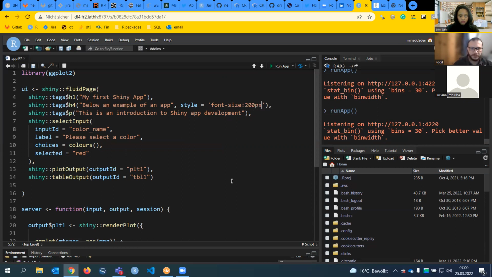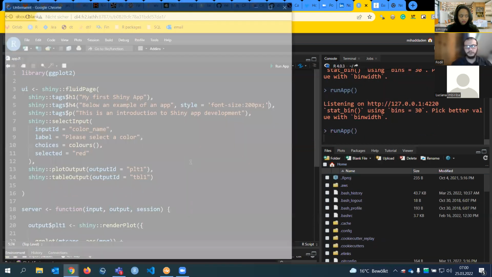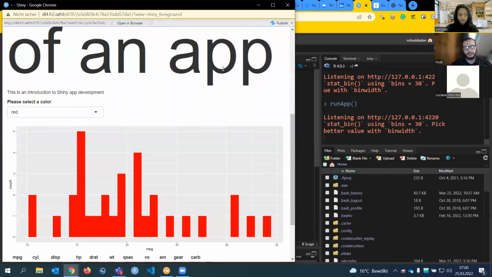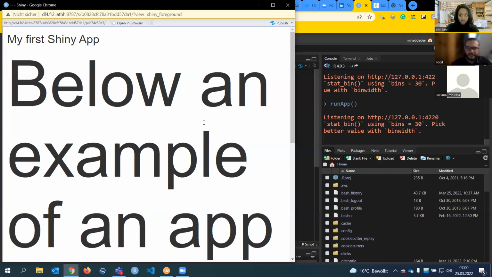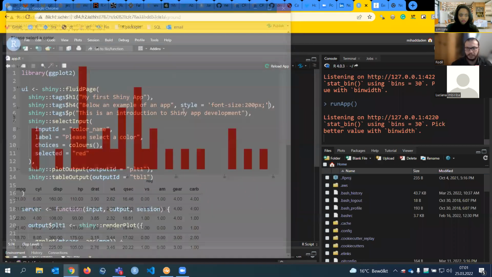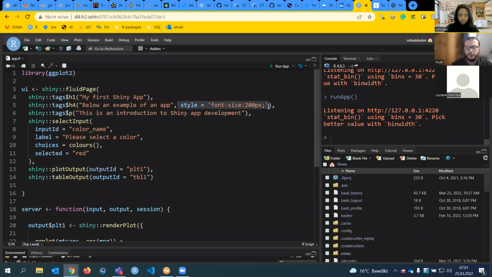Let's make it really big. I save this and run it, and then I will have a huge title. But CSS is another story, it's another language. You have to know the basics, a little bit of CSS. So just forget about this. It's just to show you that it's possible to write CSS in this function.